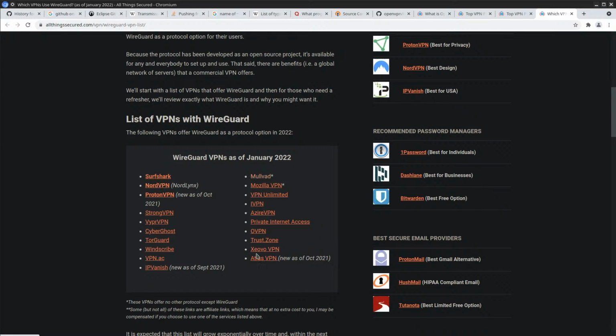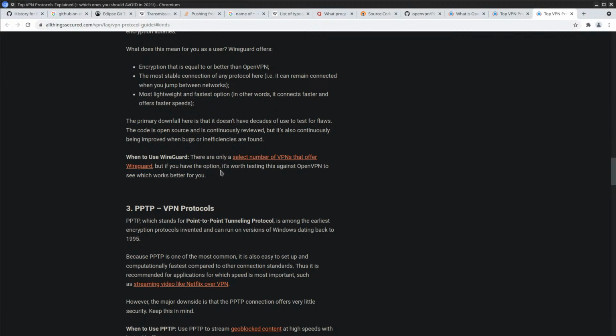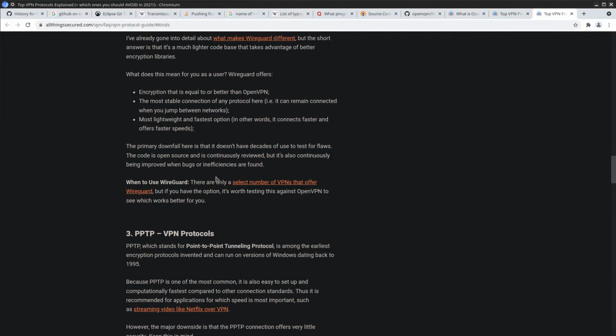So yeah, these are companies who provide VPN services. Okay. Select number of VPNs. So I'm not sure, they're conflating the term VPN, which means virtual private network, and, well, I guess these are networks you're connecting to. Maybe that's not that off. It's worth testing this against OpenVPN to see which works better for you. Okay.